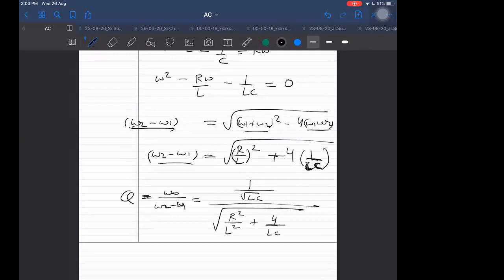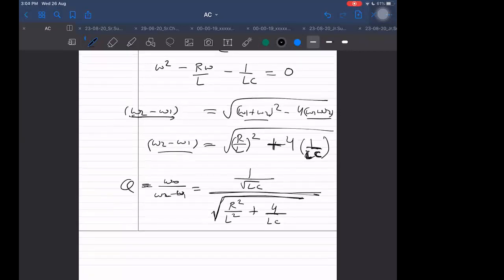Actually, I was expecting a somewhat different answer. Why is it happening that way? I'm getting something different here, but I was expecting a different answer. Let me tell you what is the answer which I normally remember. I think the answer is XL upon R or R upon XL, something like that. XL upon R, I think that was the answer. I don't remember exactly. Wait a second, let me check once.